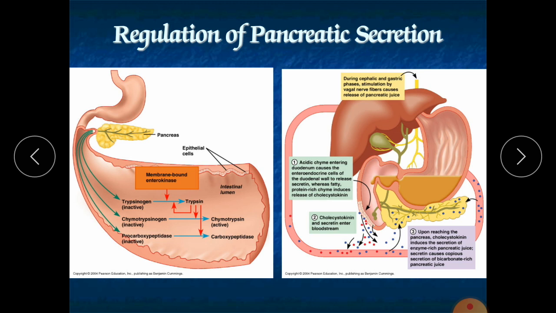Now whatever enzymes are secreted from the pancreas are all in inactive form, but when they are released into the lumen of the small intestine, they get converted from inactive to active form. This process always occurs in your body the whole day, and they maintain your pH from 7.1 to 8.2. That's why enteric coated tablets, why is it enteric coated? Because it should not open its coating in the stomach.